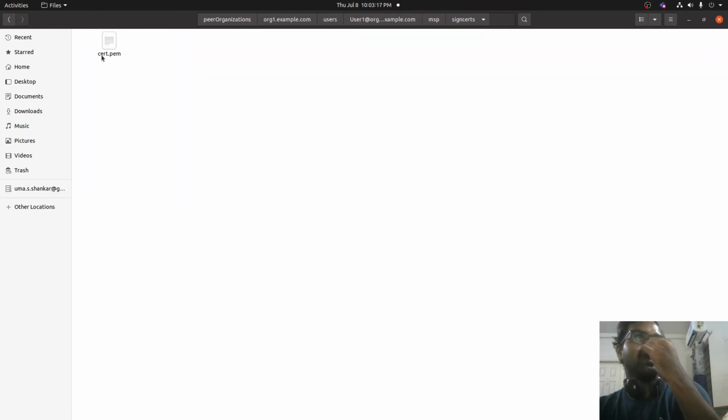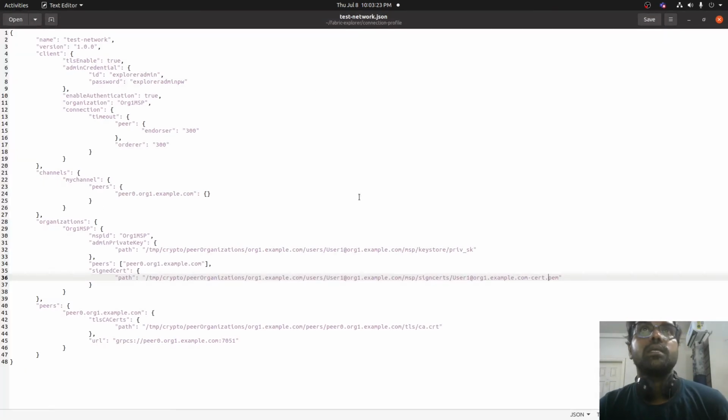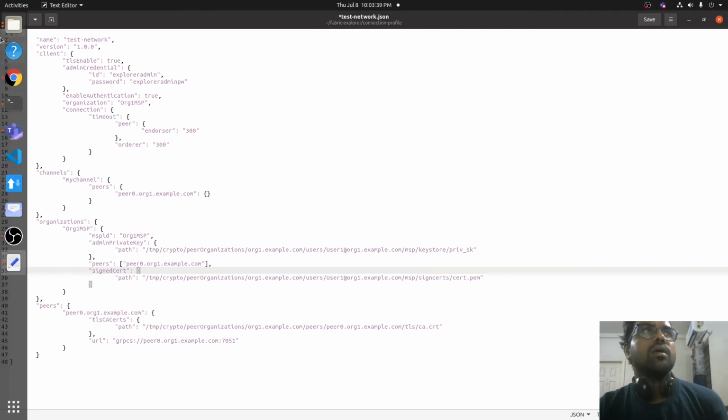See that here it says cert.pem, whereas in the test network.json it is user1.org.example.com-cert. This is wrong, so I'm going to change this. Similarly, the msp key store private key underscore sk is also wrong.